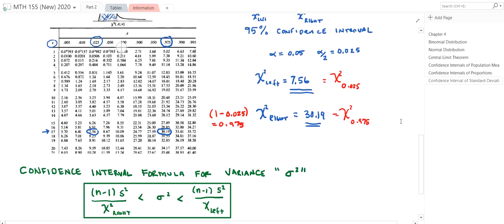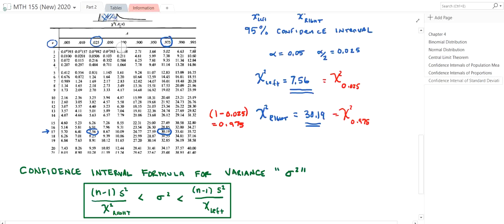Okay, so we were looking for the variance, a confidence interval around the variance. And so what I've done is I've written the formula we're going to use for that down here. So we're looking at the sample size n minus 1 times the sample variance divided by a chi-squared value associated with the right. This is less than the population variance, which is less than n minus 1 times the sample variance divided by the chi-squared